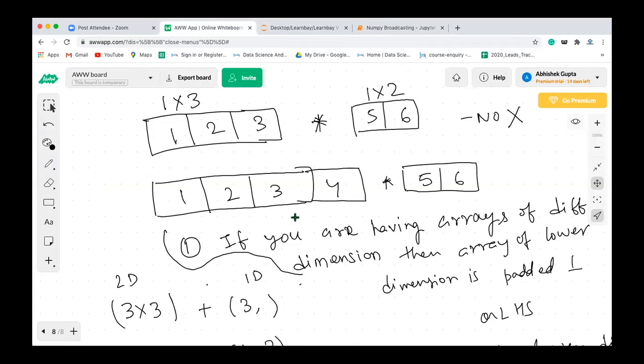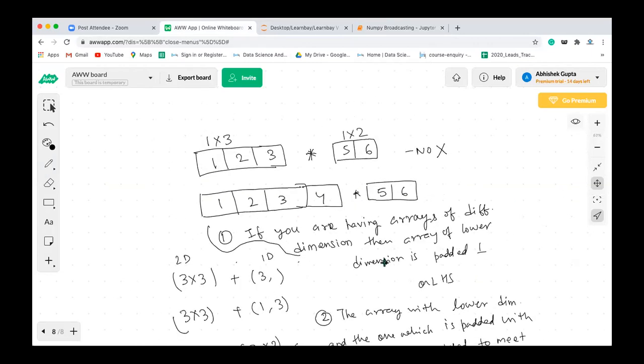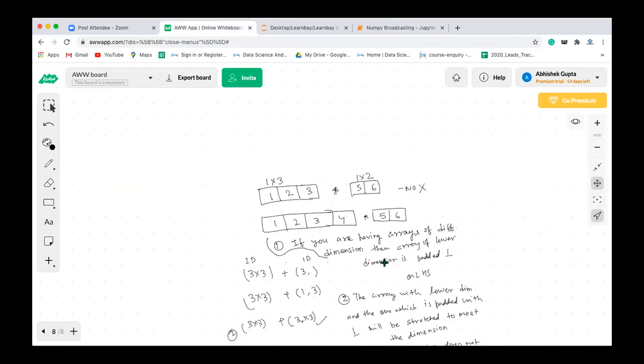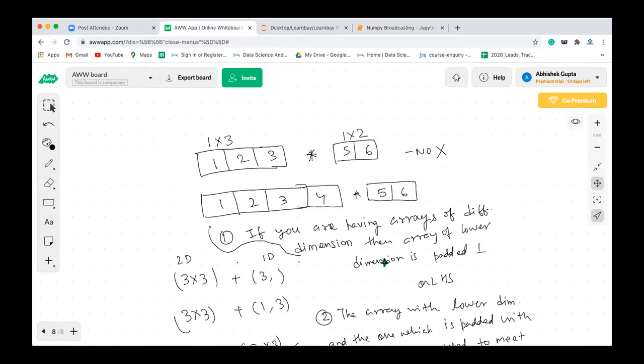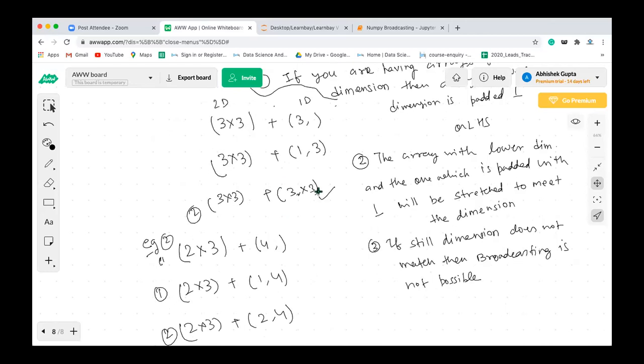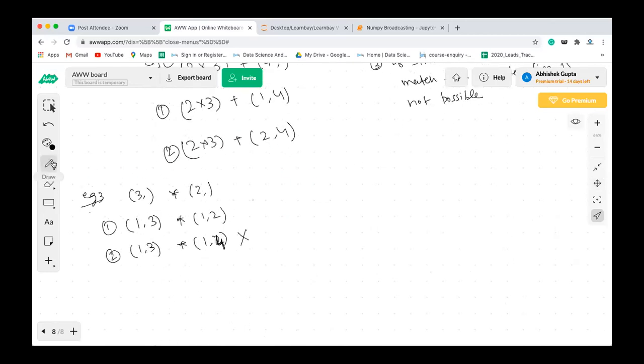Fine. So if I take example 4, we have 4 comma and 2 comma. After the first step, you are going to get 1 comma 4 and 1 comma 2.